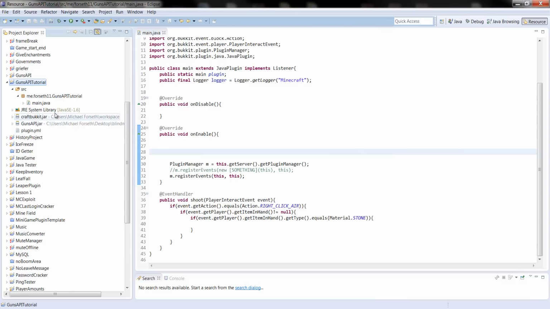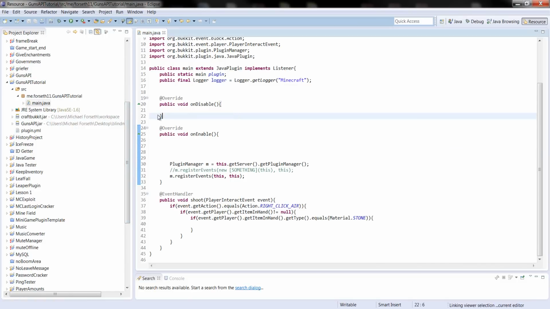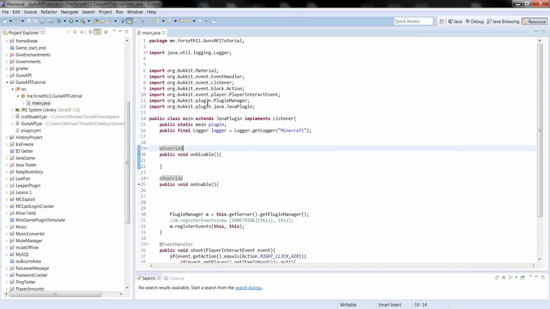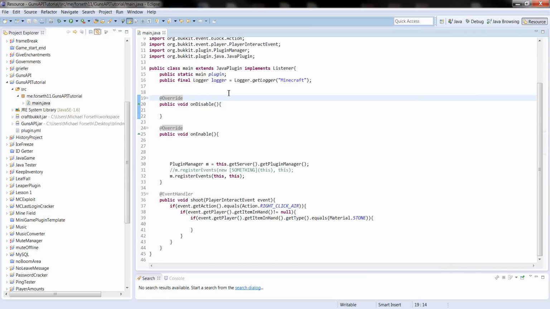Once you have GunsAPI in, now you need to navigate to your main class, specified or declared in the plugin.yml. And once you get there, you need to set up your on enable and set up whatever you need. Now, wherever you're going to use this, it doesn't really matter. You can use it in any class you want. You need to create this line,